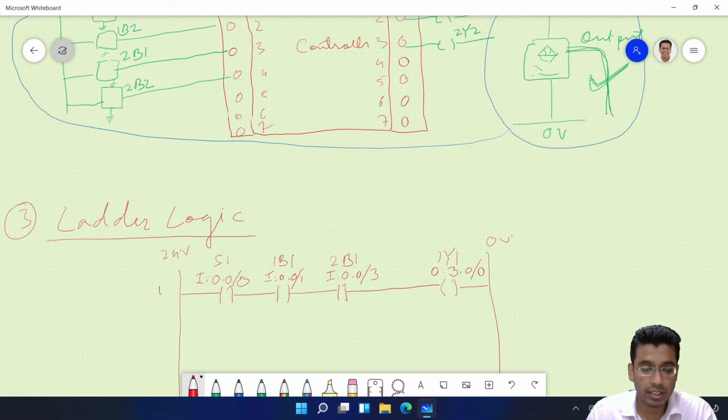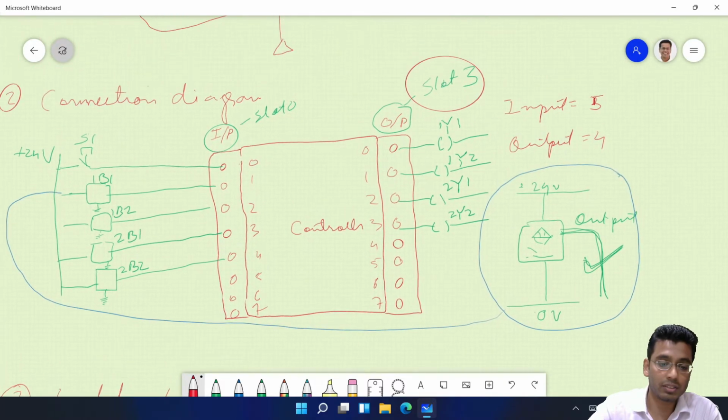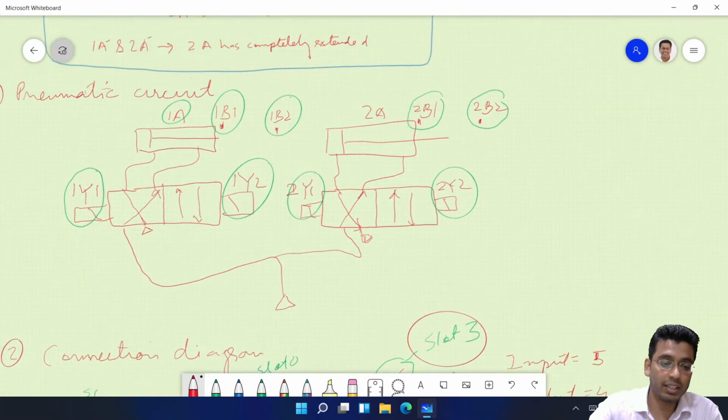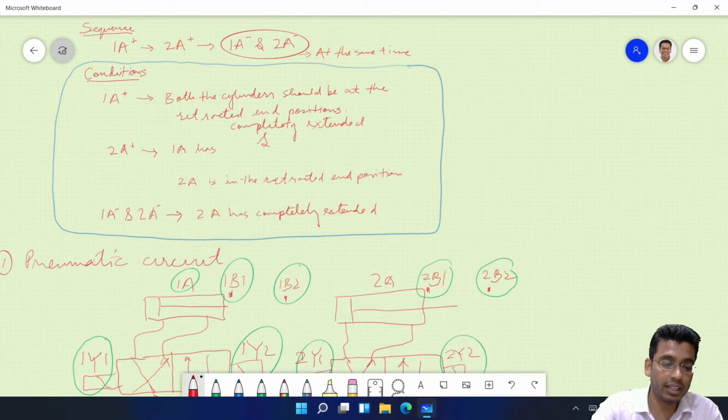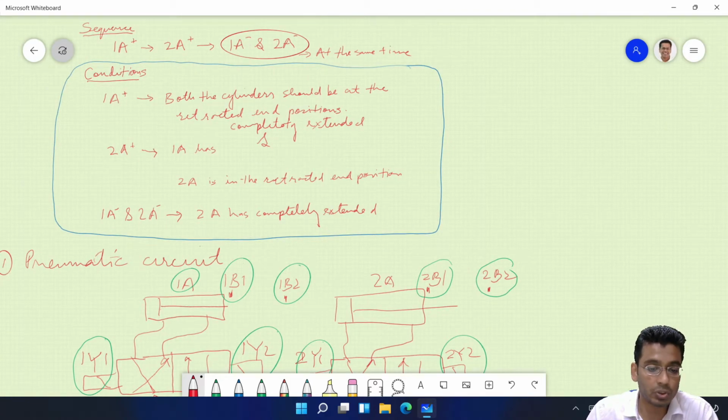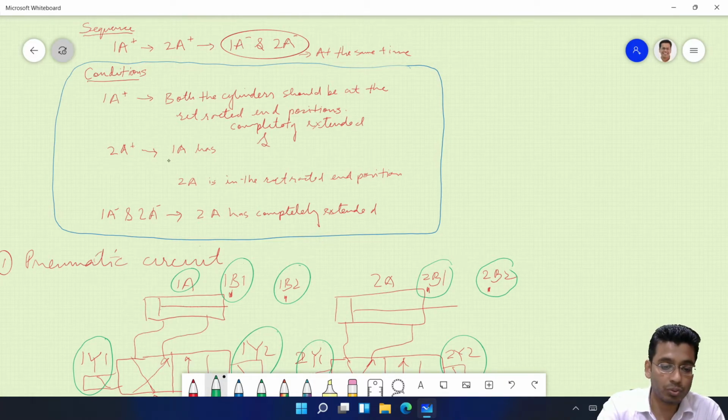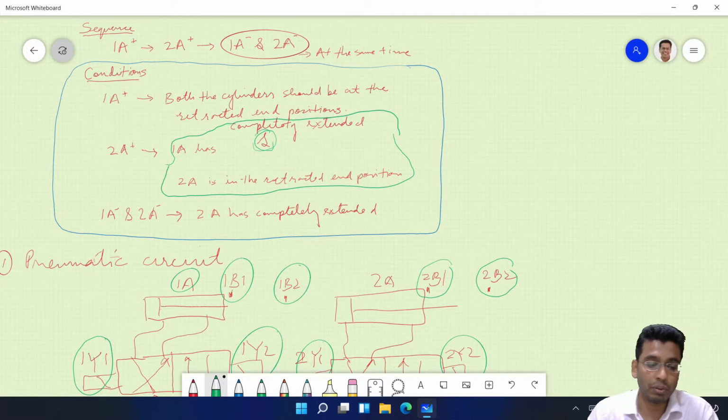Okay, and then the second rung. Once the cylinder 1A has completely extended, then your cylinder 2 should extend. Okay, so what is the condition for cylinder 2 to extend? It says 1A has completely extended, and before extending, 2A should be in the retracted end position.